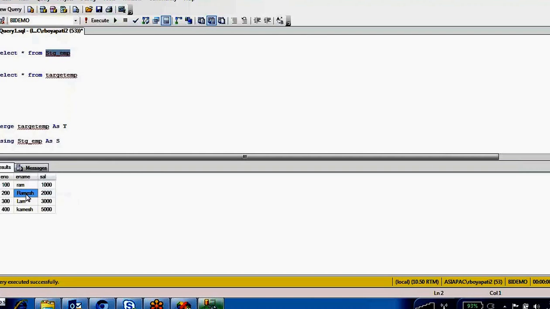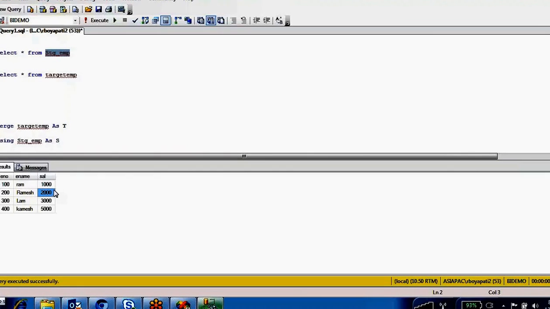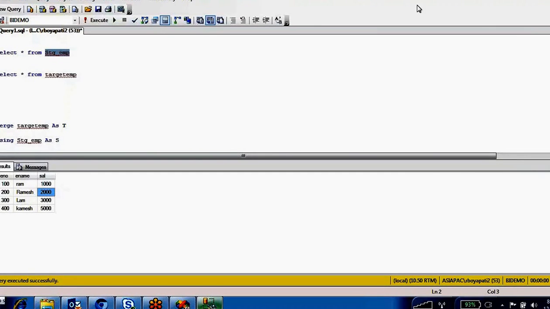So this 200 Ramesh 2000 is the current record. His old name, that means his history, I also want to keep in this table by using some flag, yes or no flag. If it is an active record, that is yes. If it is an old record, that is no. So these we call slowly changing dimensions, different types, that we will discuss in tomorrow's session.